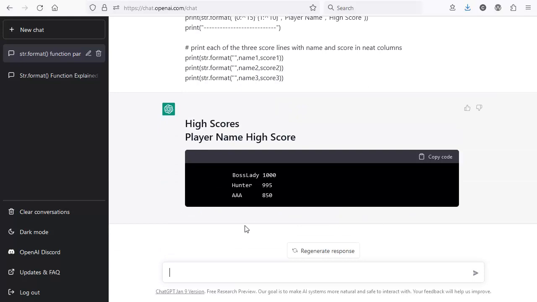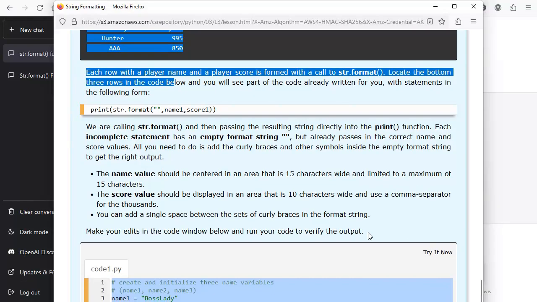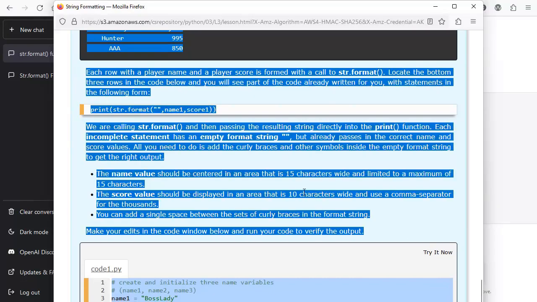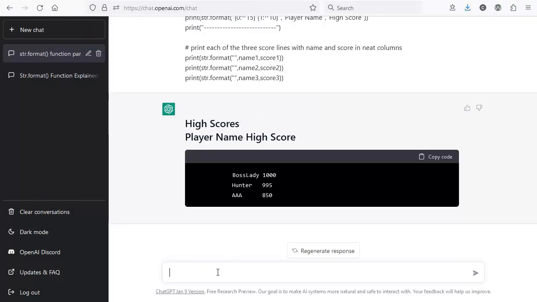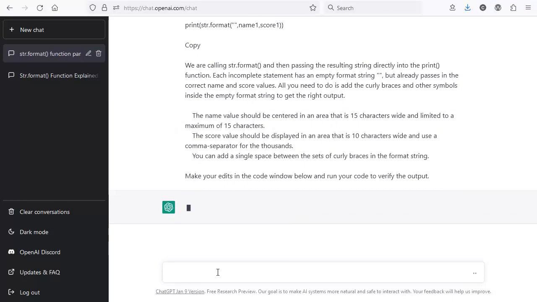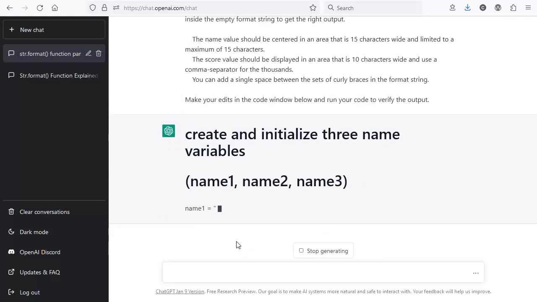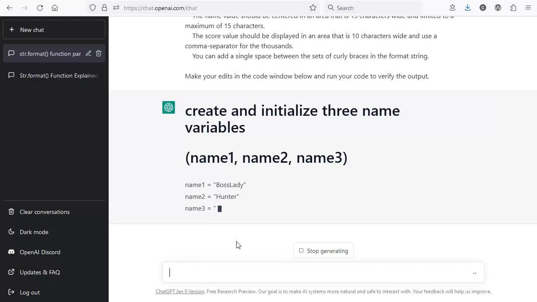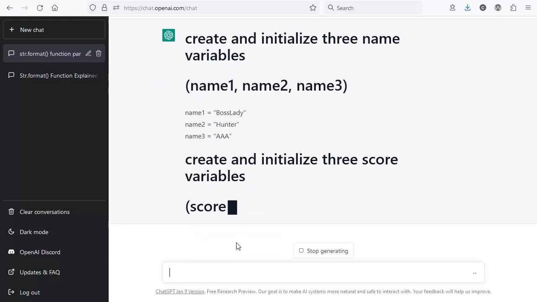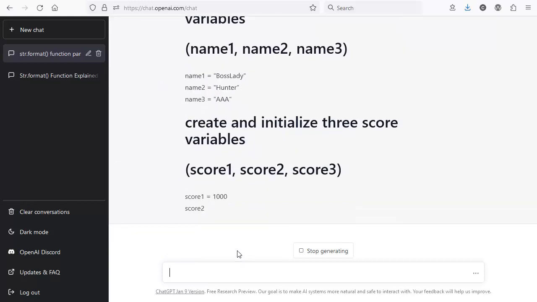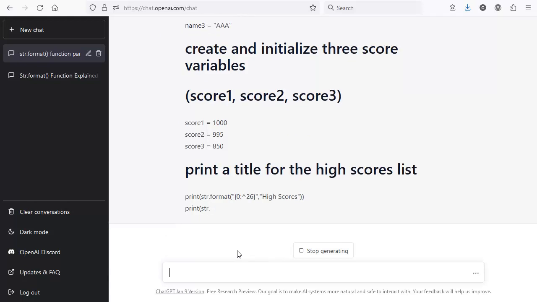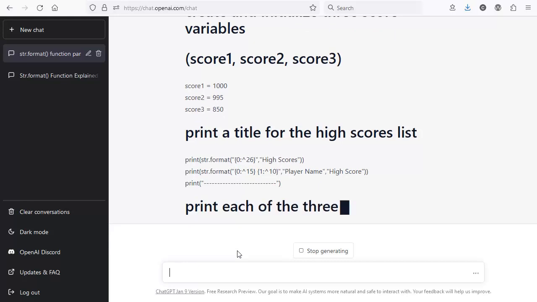That wasn't what I wanted. I wanted some code. Let's try again. Try copying the instructions without the starting code. So you can see it's actually doing something a little bit more coding related at this point,